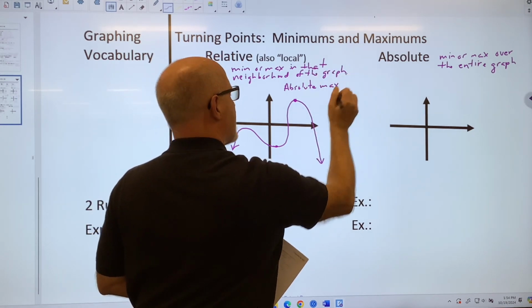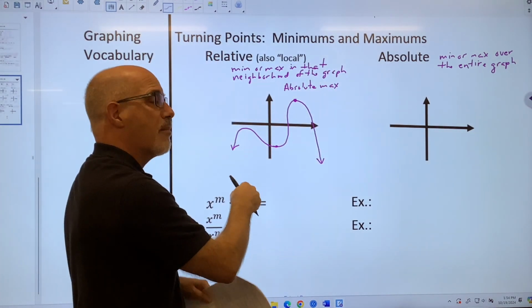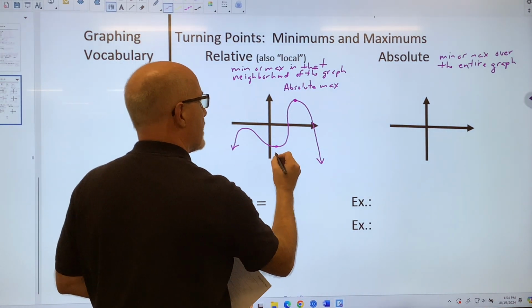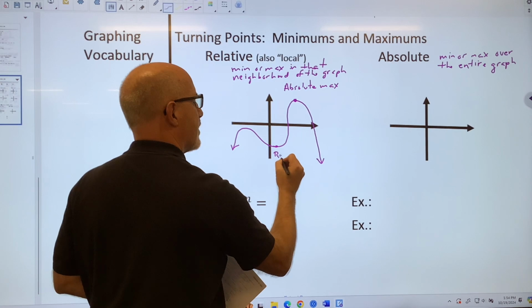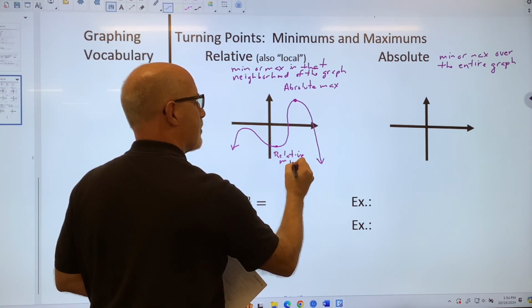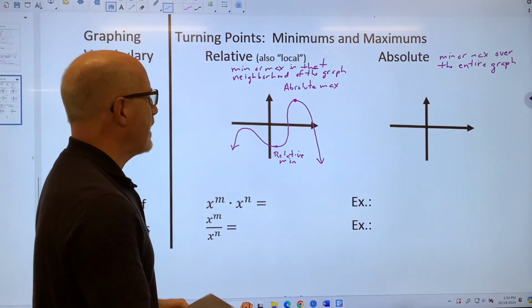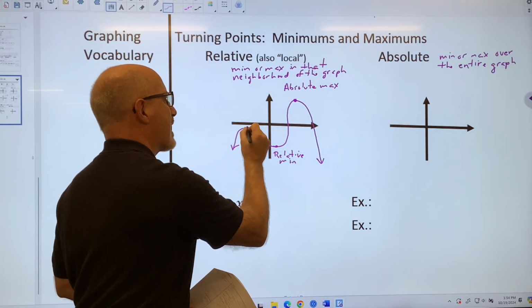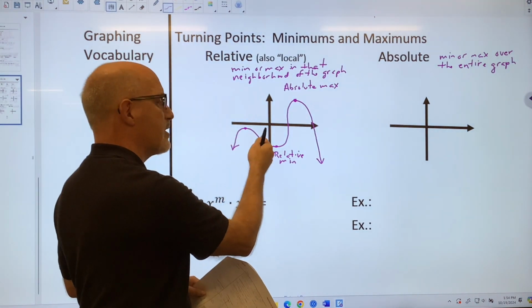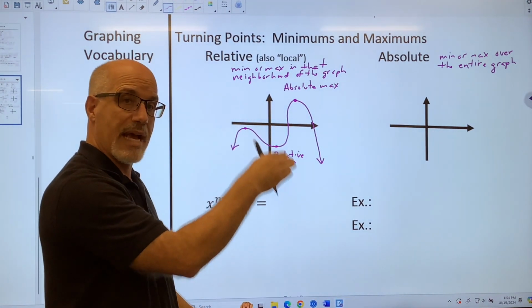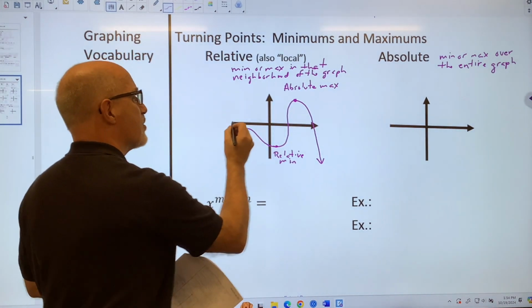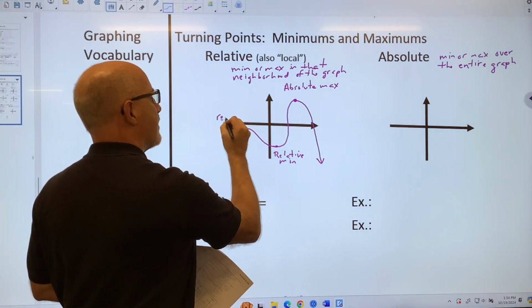So just in this area, it's a minimum, but it's not a minimum over the entire graph. So this one we would list as a relative minimum. All right, now this one here, this is a max because in this neighborhood, it's the maximum value. On both sides of it, the graph goes down from it, so it's the maximum there, but it's not the maximum on the entire graph. So this would be a relative